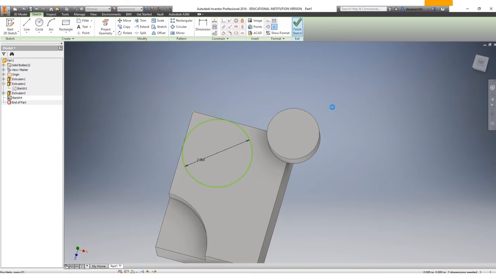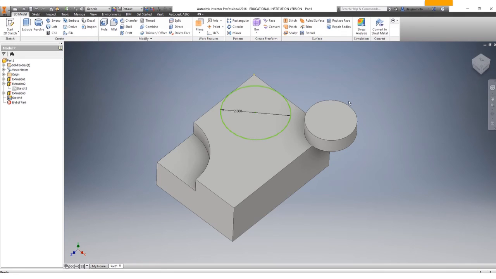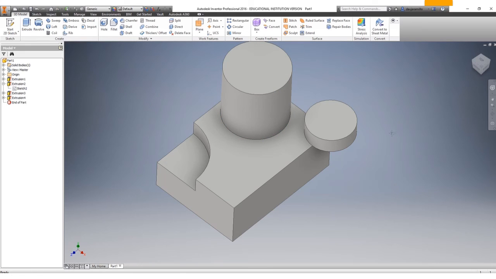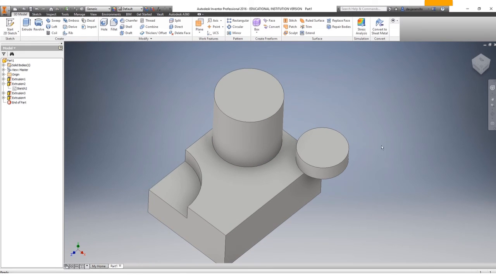So we're going to finish the sketch there, and we can extrude it. This time let's extrude this direction 1 is fine, and let's make this one 2 inches, so this will be a lot bigger extrusion. Okay. So what this shape is, I mean, I don't know, but